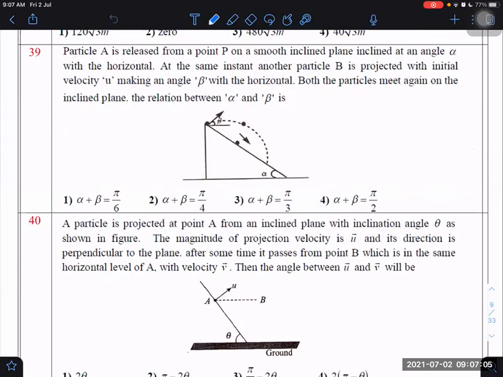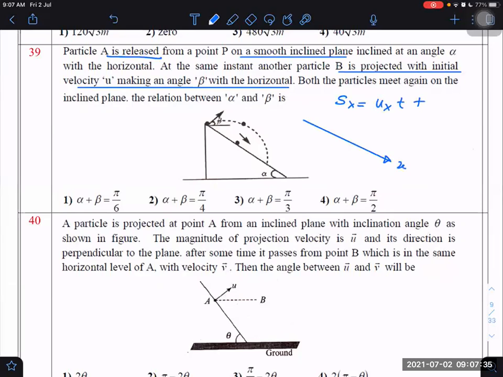One particle is released. The one which is released, what will be its displacement along the incline? Sx will be equal to